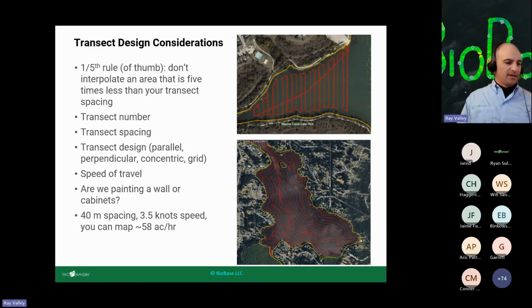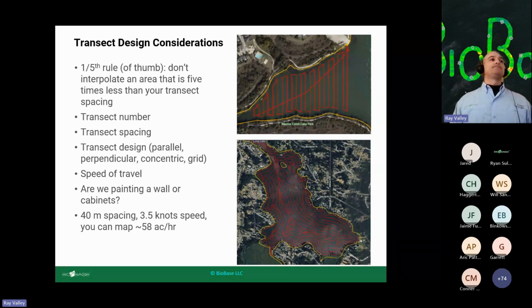The rule of thumb, and it's a rule of thumb, I use a 1/5 rule. Don't interpolate an area that is 5 times less than your transect spacing. Some other design considerations are